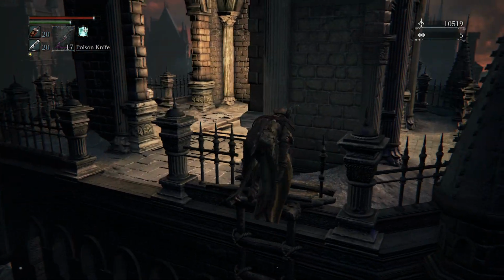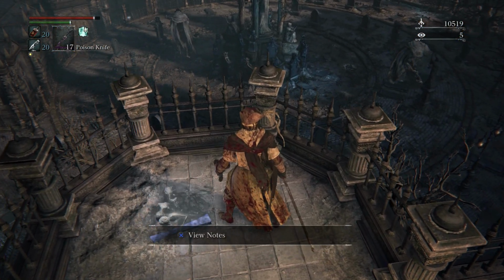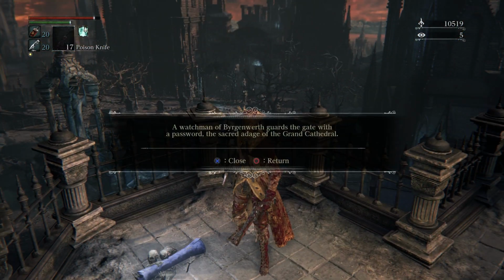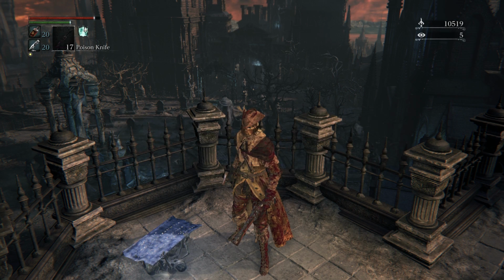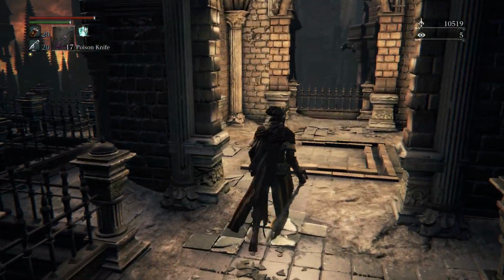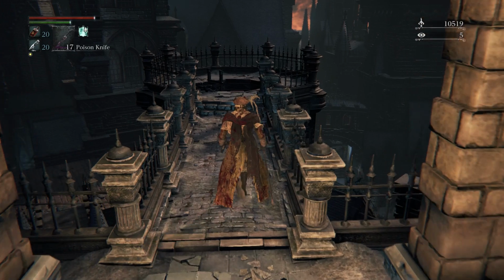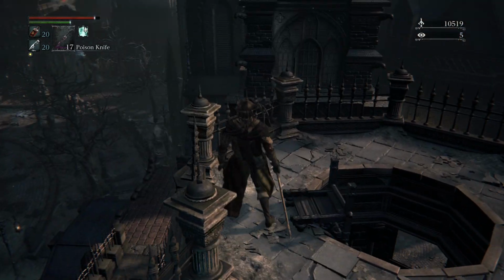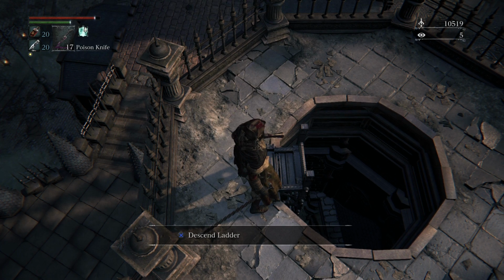I'm going to go ahead and break here for now, though. Oh. A watchman of Bergenworth guards the gate with a password, the sacred adage of the Grand Cathedral. Okay. So in order to get to Bergenworth, we're going to need a password? Maybe? Who knows? Alright. With a little bit of lull in the action, we're going to go ahead and cut